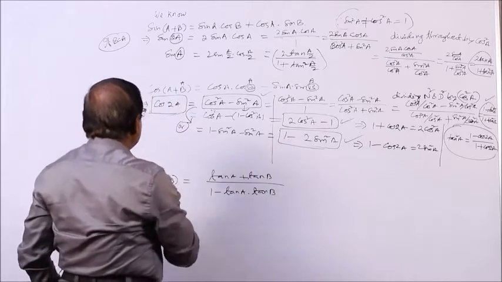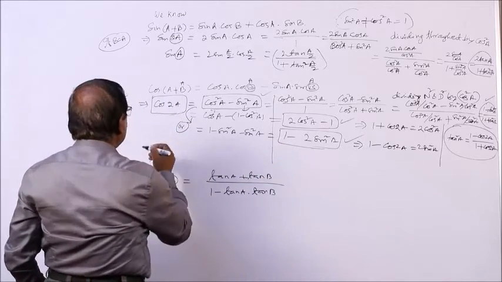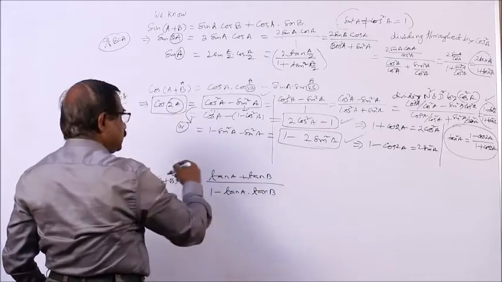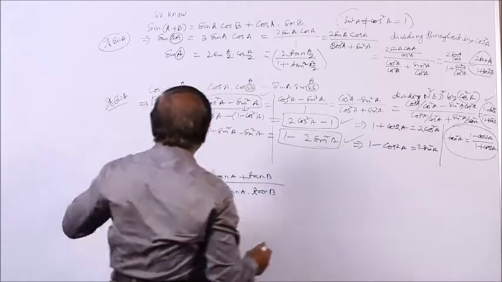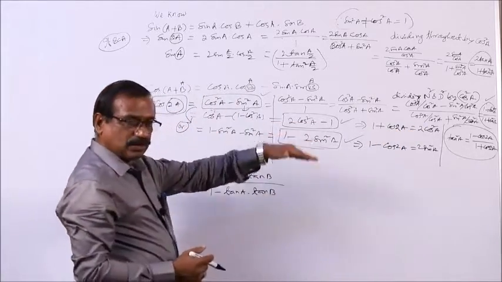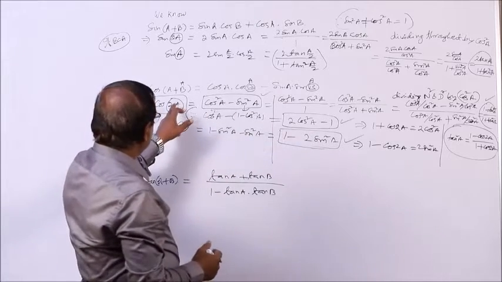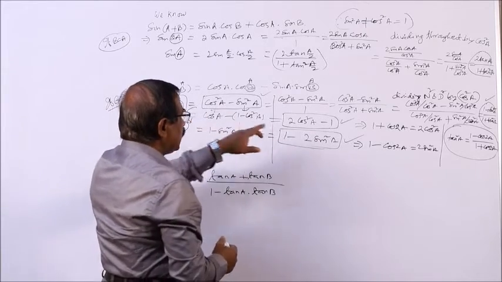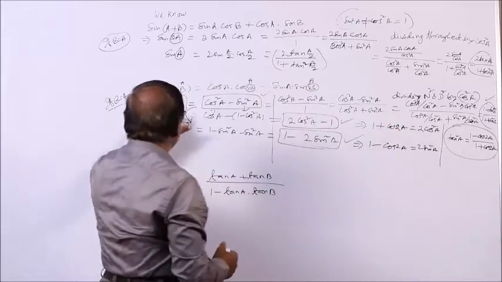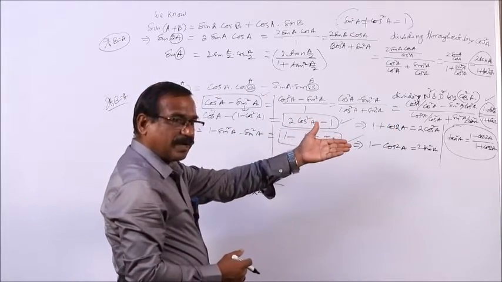And also you can write like this: here we have taken 2A, so that we are getting A on this side. If you take A here, you will get A by 2. This here is 2A, and on the right hand side here A. When this side will be A, that side will be A by 2.